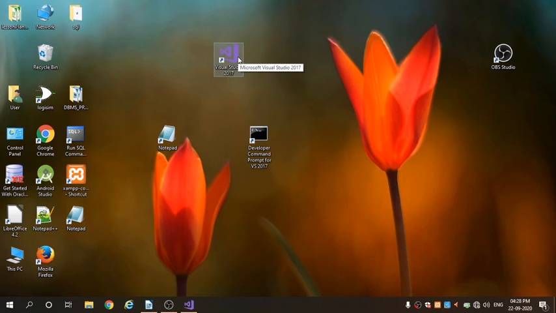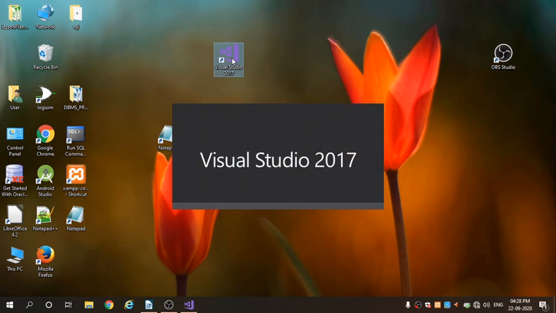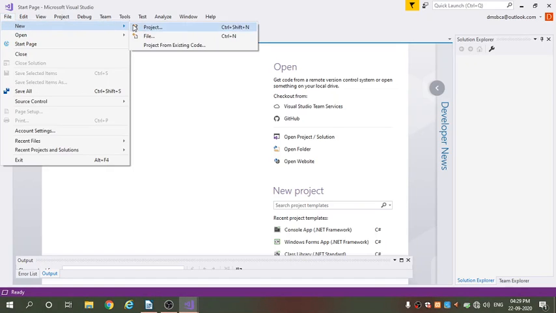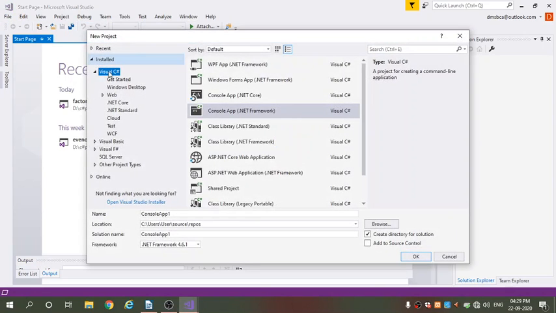In Visual Studio 2017, first you have to open Visual Studio 2017. After clicking on it, the window will open, and go to File, New, Project, Visual C#, Console App .NET Framework, and give here your project name or namespace name.